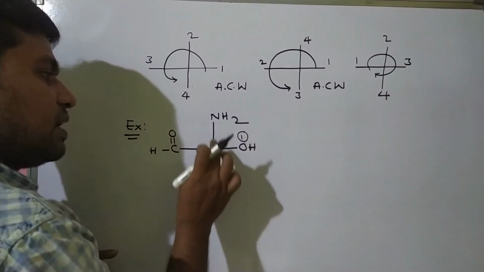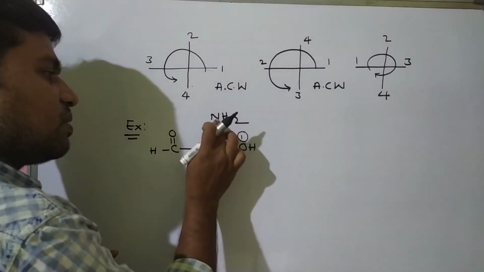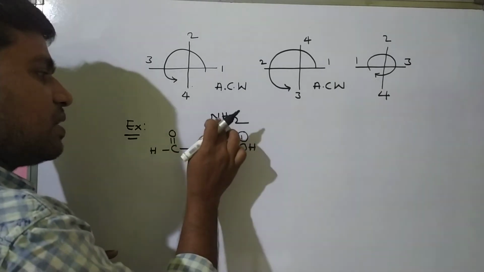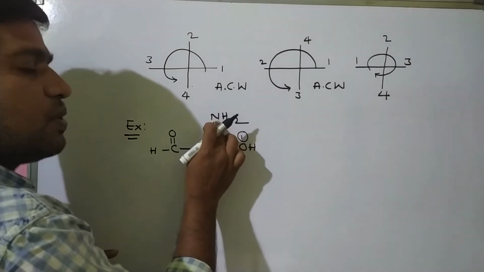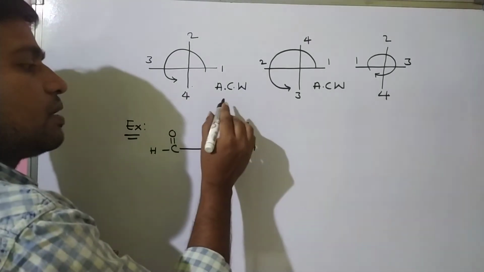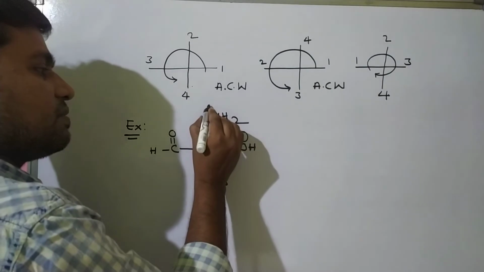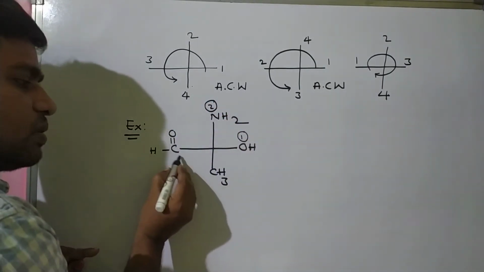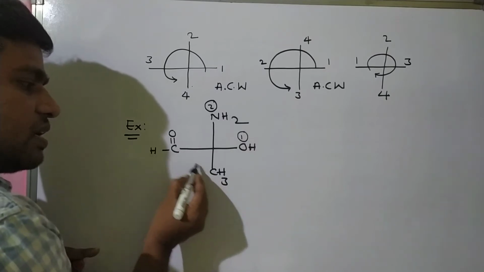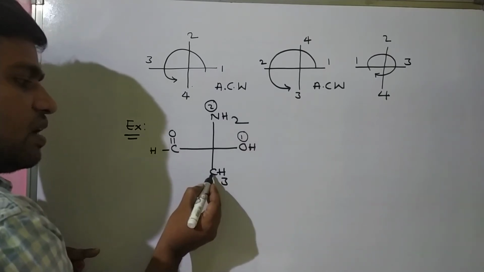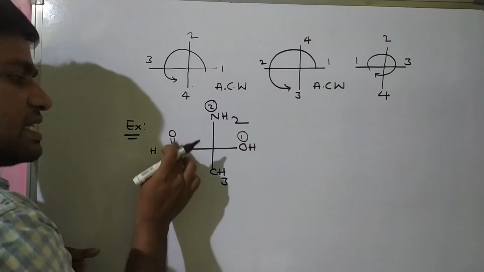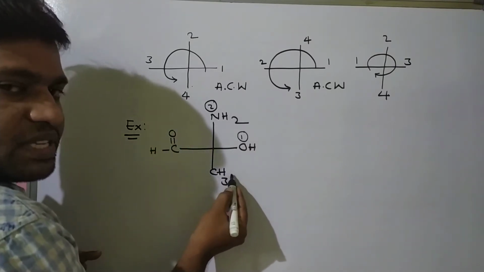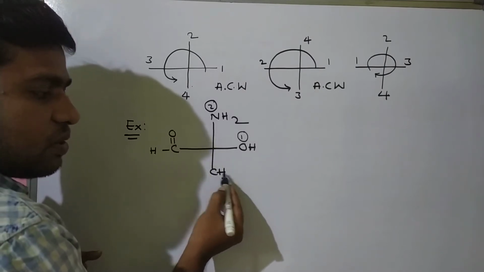Okay, students. Here nitrogen. This is nitrogen, this is carbon, this is carbon. So nitrogen has a higher atomic number compared to carbon, so it will get second priority. Now see, here two carbon atoms are the same. Now we will see the second atom. Here the second atom is absent. Carbon, after that no atoms.